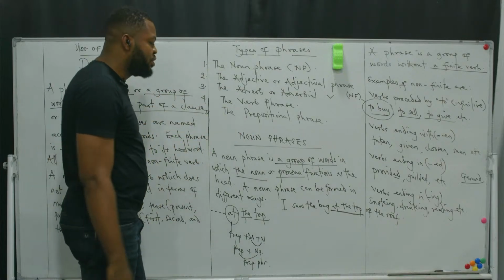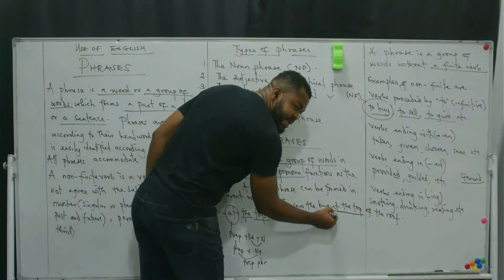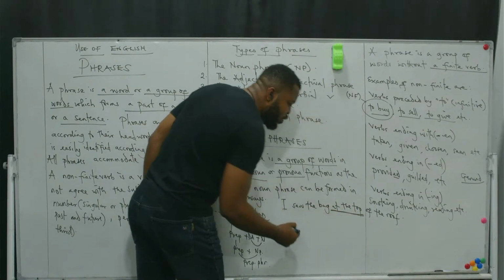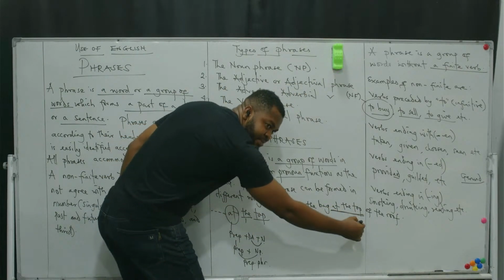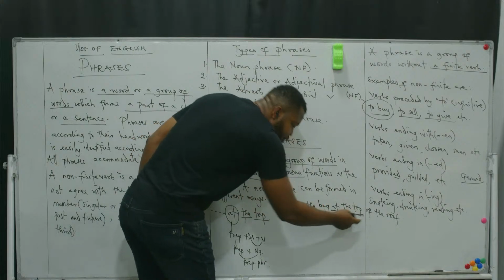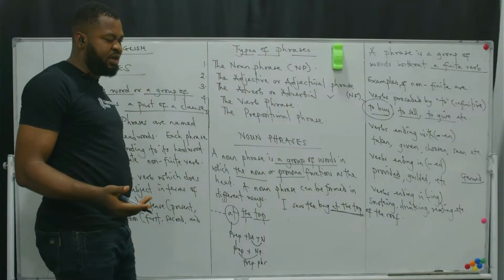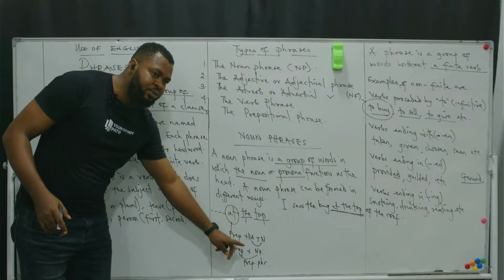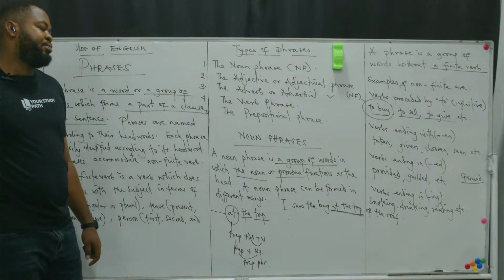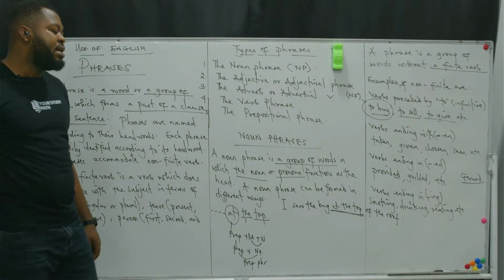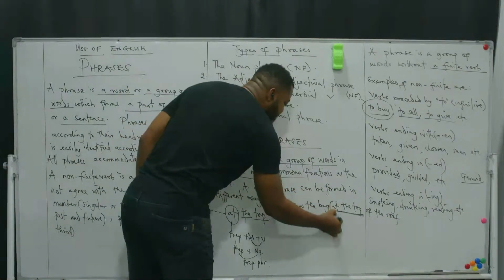So if I underline this portion in this sentence, I decide to underline only this portion, I ask you, what is the grammatical name of this underlined portion? You tell me that it is what? A prepositional phrase. This is the analysis here to show that it's difficult for a phrase to have an